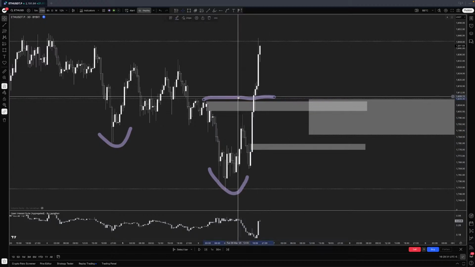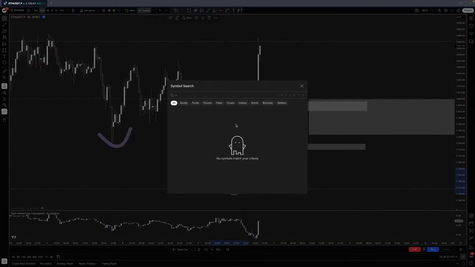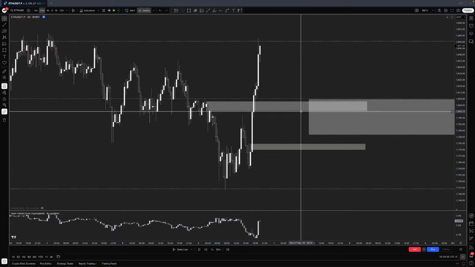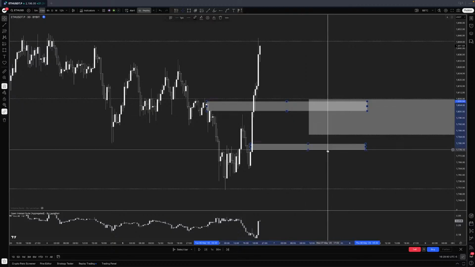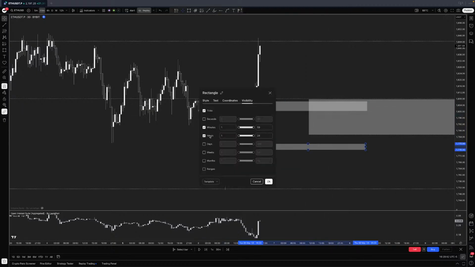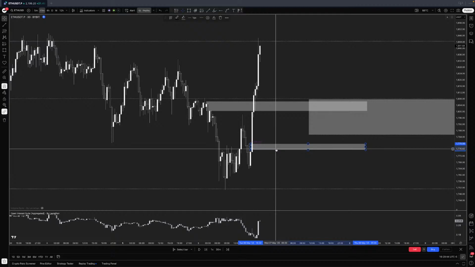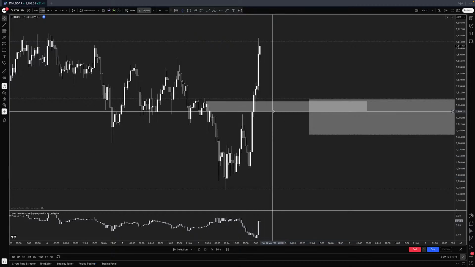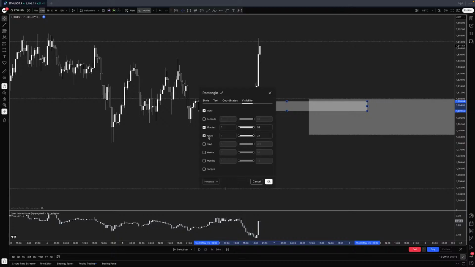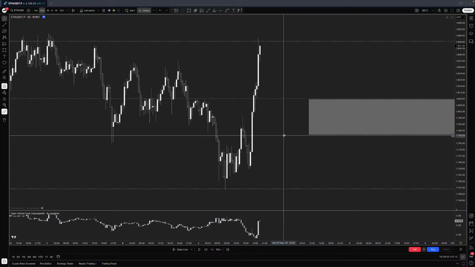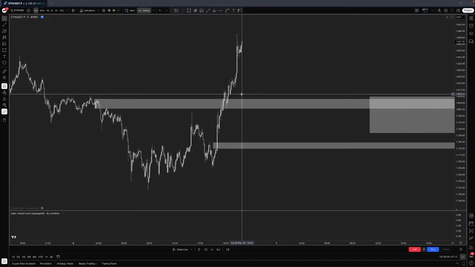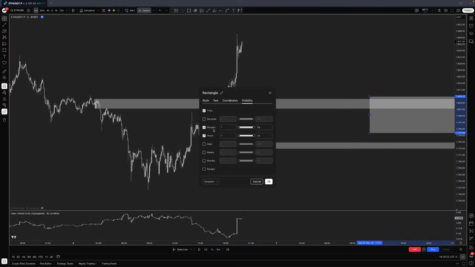And now that we know that we have the price structure shift, we're going to send these zones to the minute chart, to the lower time frames. And I normally trade from the 5-minute. Okay, I know my zones now. I go to the 5-minute chart. This one is only for the hourly.